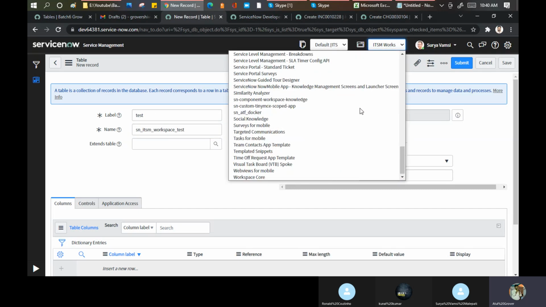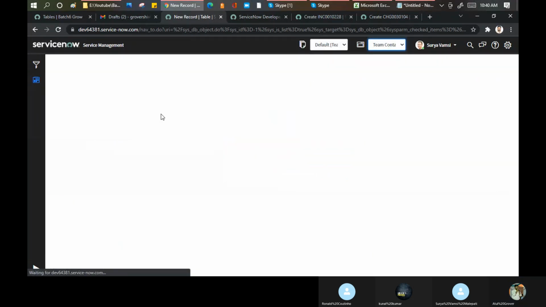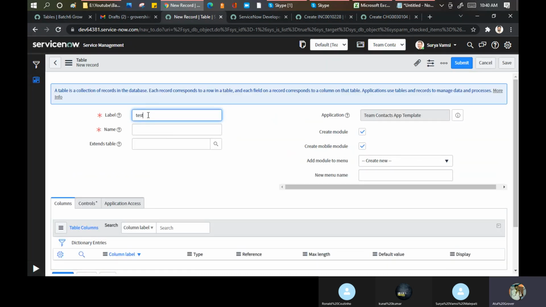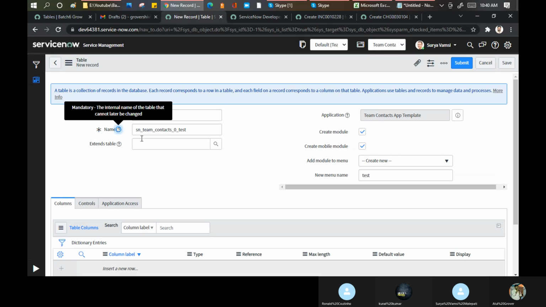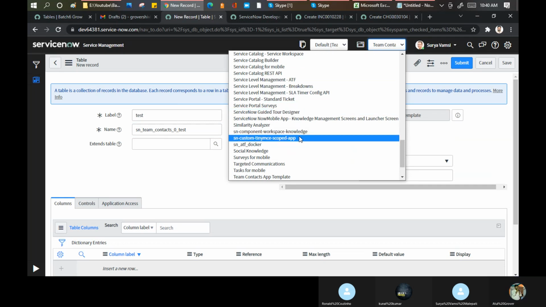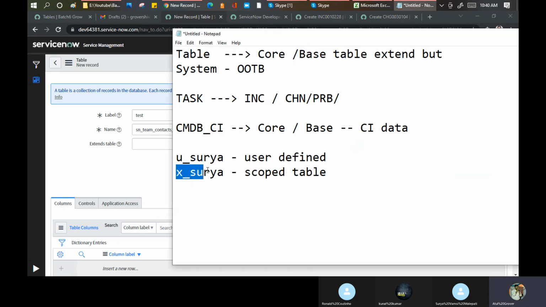Let me go to some other application, Team Connect. See, now it's coming SN underscore, because the scope has been defined by ServiceNow, right? But in this, the scope has been defined by a user only.